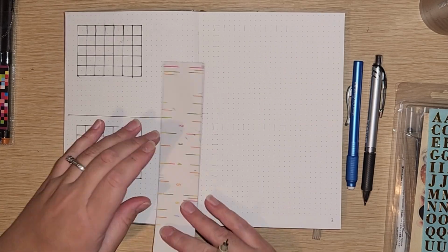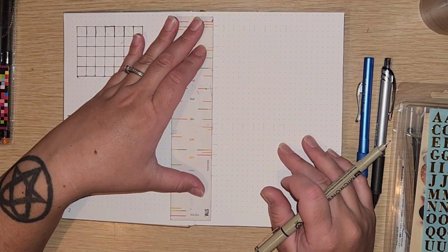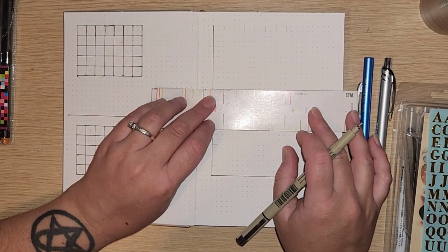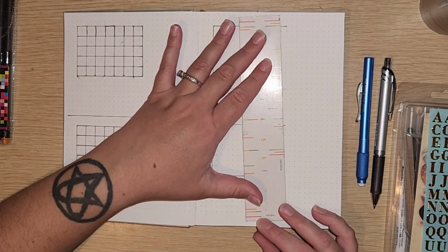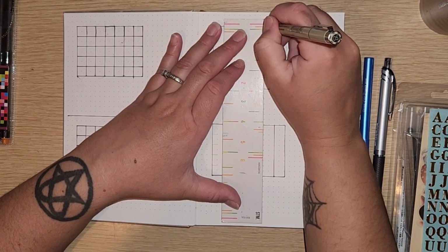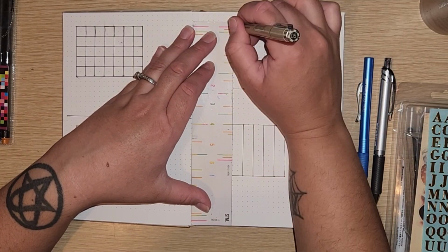So anyway, now that we're talking about this calendar spread we've got going, this is our year at a glance calendar spread. I am setting it up for June through, I'm looking right now at my actual notebook. So I'm setting up this size June through May of 2026, and then I am going to set up a smaller glance ahead from June to September of 2026, because with my day job, we do our schedules 2 to 3 months in advance, and I need to make sure that I have room